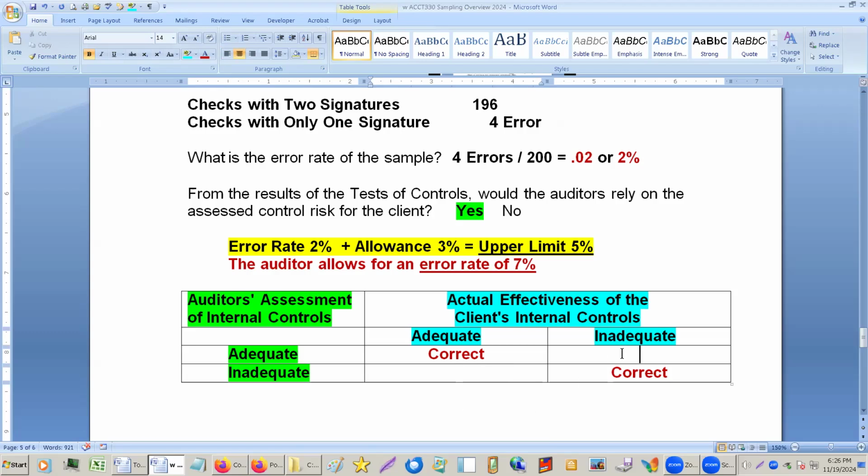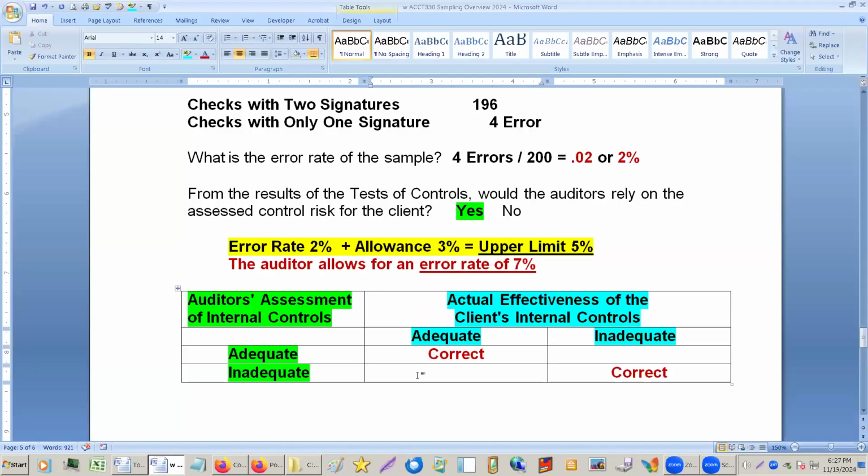So we have two of these that don't match, and let's go through these. So inadequate, we think they're inadequate when they're actually adequate. Okay, so we do a test of controls. We say, okay, we can't rely on these tests, but maybe our sample just wasn't, like say if we're auditing at the 95% level, that means 5% of the time we're going to be wrong. 1 out of 20 times we do this, we're going to be wrong, and there's nothing you can do about that. Well, I shouldn't say there's nothing. You can actually take a bigger sample, and a larger sample, you get more sure, and hopefully that will tell you whether it's wrong or not.